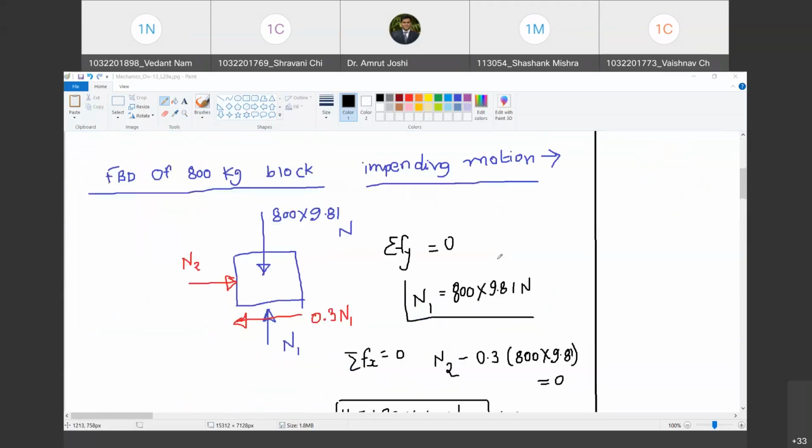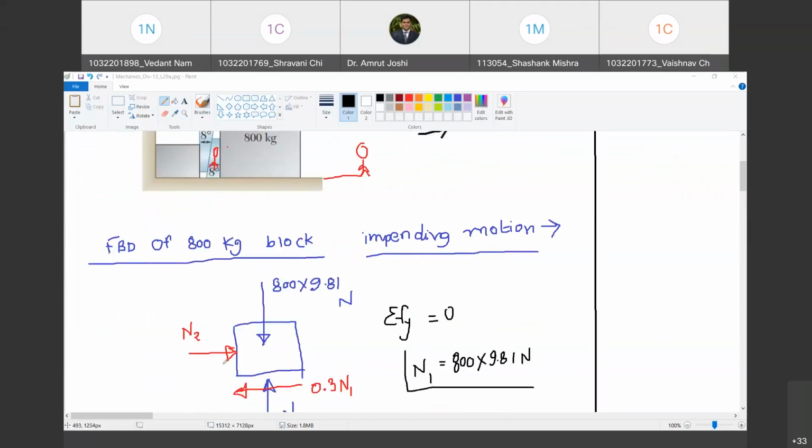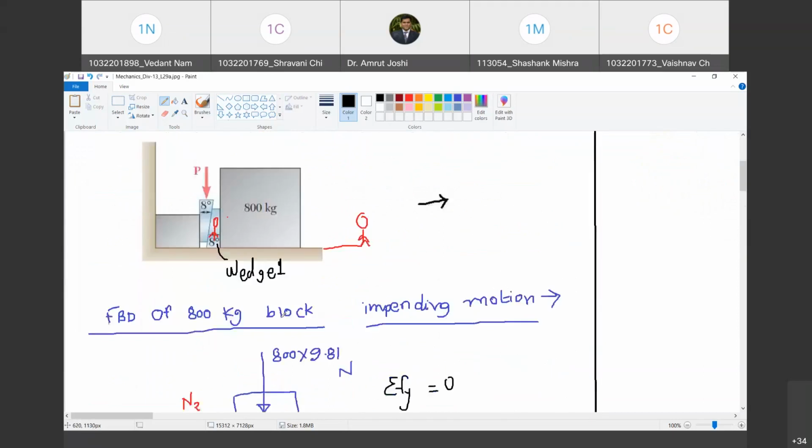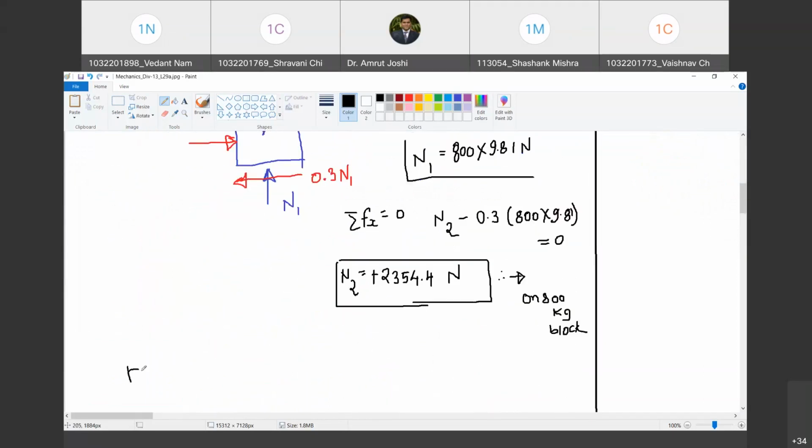Okay. So for the smallest force P for which motion starts, eventually we have to arrive at the free body diagram of this wedge. Do you agree with me? But we have to arrive at the free body diagram sequentially. Now we are going to draw the free body diagram of wedge 1. So I will call it wedge 1. Are you with me? So let us draw the FBD of wedge 1.